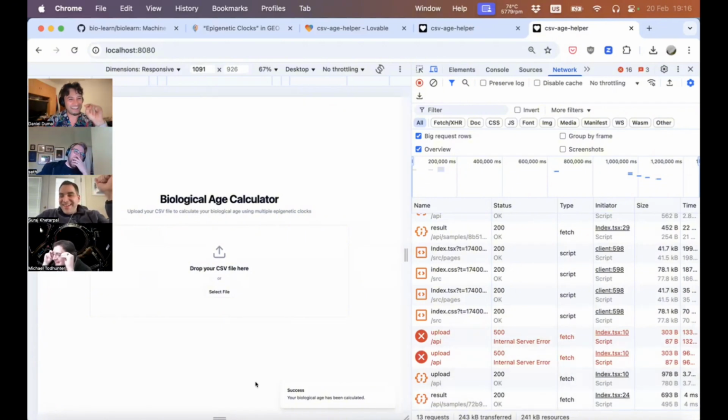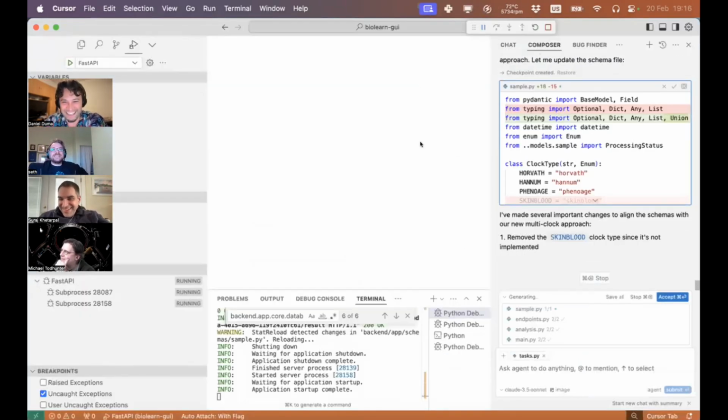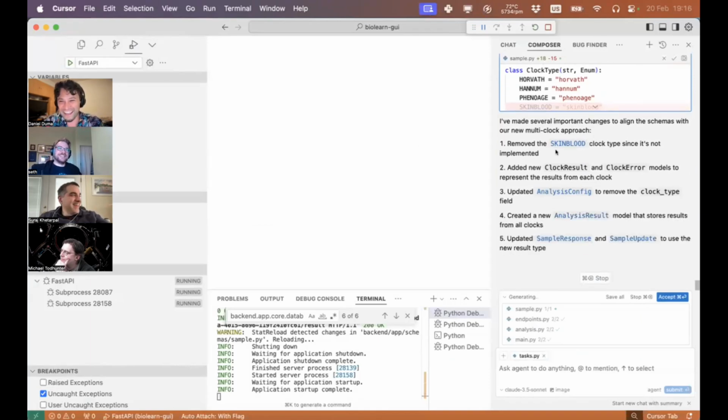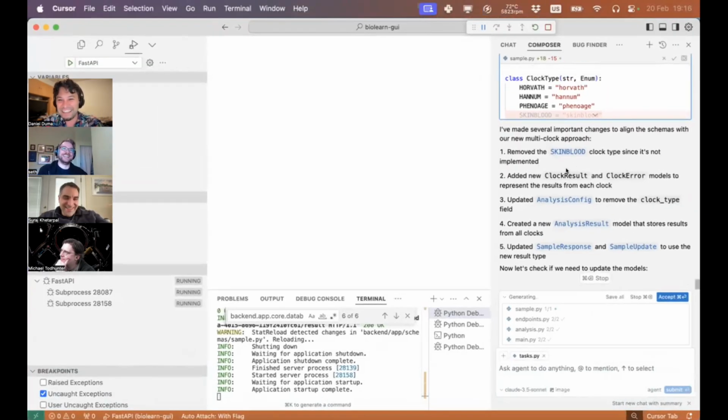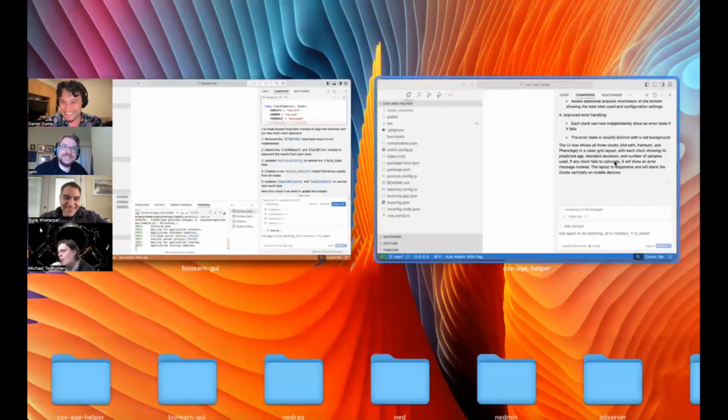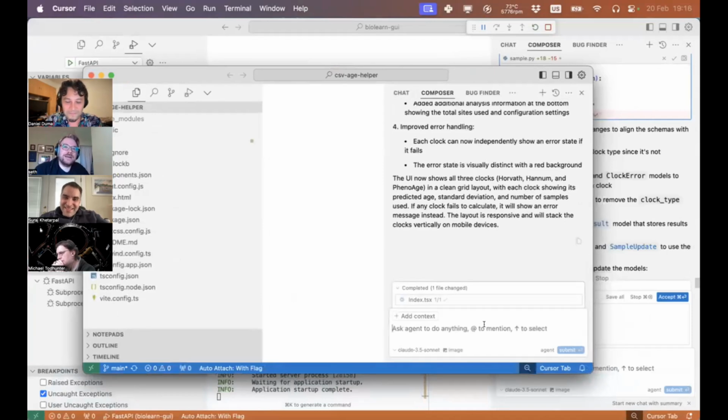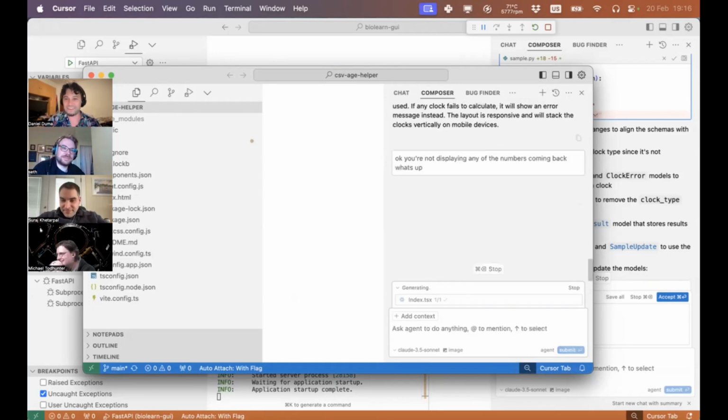the paywall. Click here to enter your credit card number. That's right. No, we just need your email and social security number. It's fine. Oh, wait. It removed the skin blood clock time. Woo! Nice. Okay, so I missed the skin blood clock already, displaying any of the numbers going back, but so